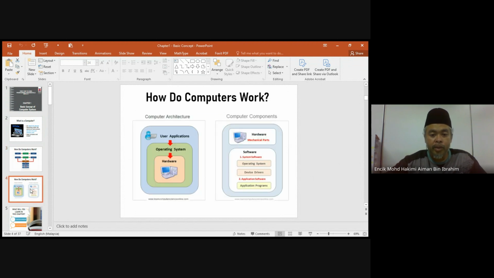So computers work, from the computer architecture view, like this: the user application will interact with the OS, the operating system, and then the hardware will run the instructions requested by the OS. That is the side of computer architecture, how it works from one component to another component. And if you go to the computer components here,